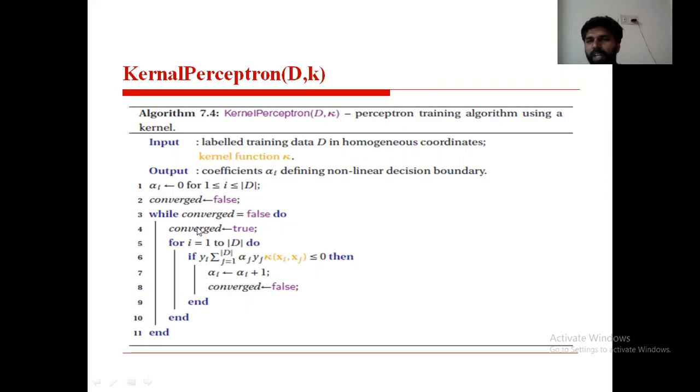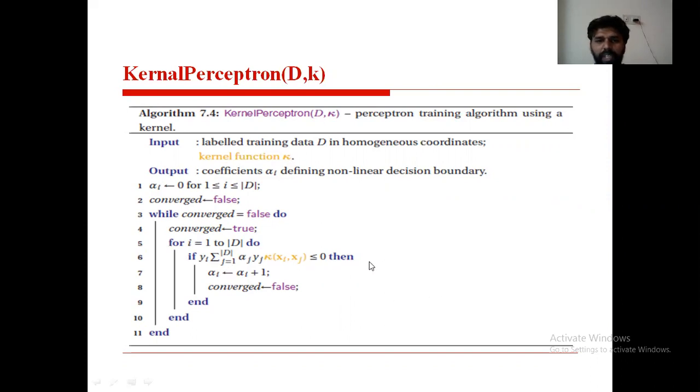In this case, we are not doing any operations with the variable converged. Converged is a Boolean flag variable, and for a flag variable we are assigning a Boolean value, either true or false. And coming to the inner loop, we are considering each and every object in the instance space, each and every object in the training dataset D. And for every iteration, we are assigning each instance to i.